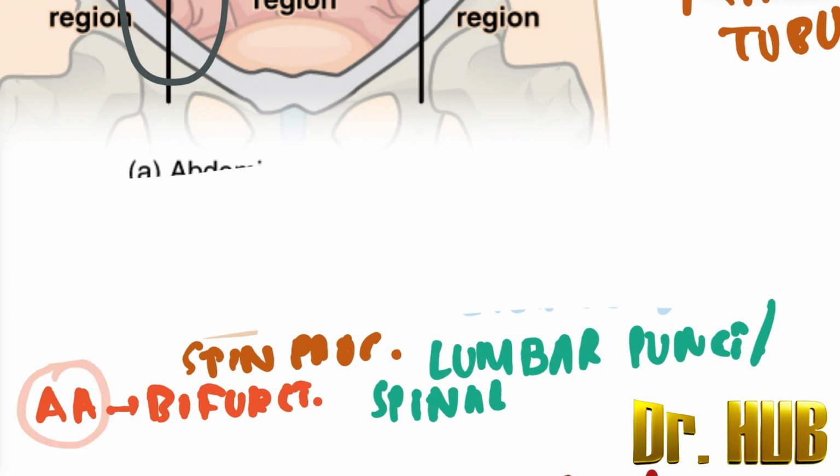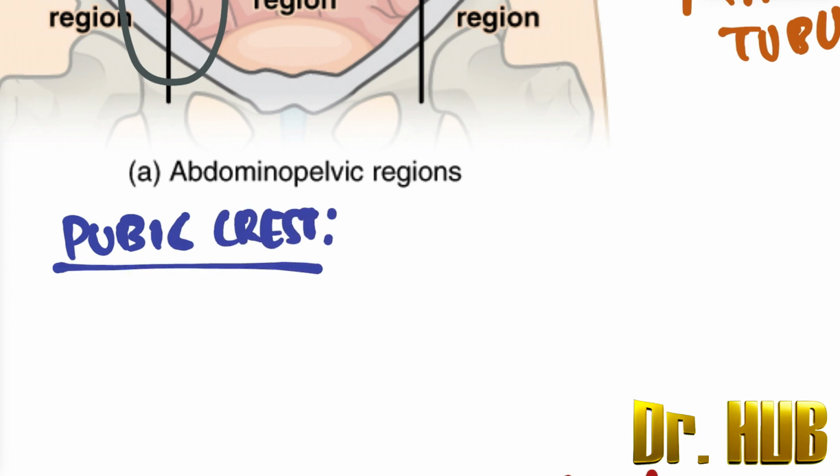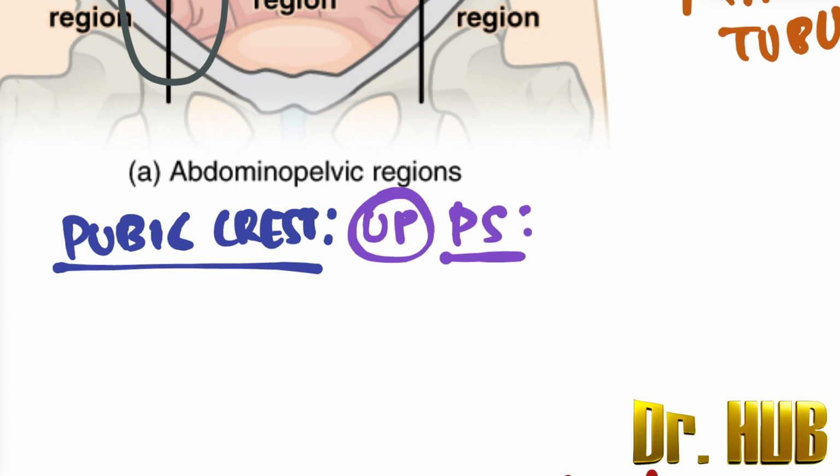Next, what is the other important plane? There is a plane at the pubic crest. So what is special here? The plane of the pubic crest passes through the upper border of the pubic symphysis. So pubic symphysis, we are writing it as PS. In the supine position, this plane intersects the tip of the coccyx